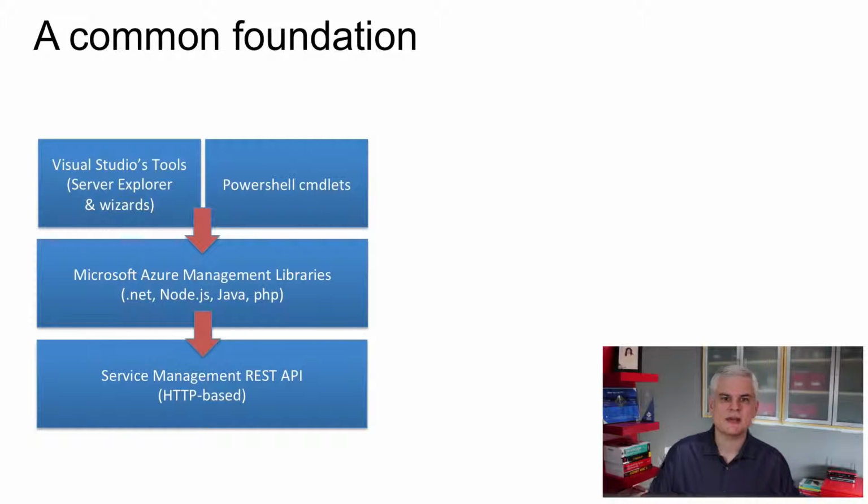If you take a look on screen right now, you can see this diagram that both PowerShell commandlets and Visual Studio's own tooling, they both rely on the .NET version of the Service Management API, the same API that you can program against, allowing you to perform virtually any operation in code or script that you can perform inside of the management portal. And if you peel back that Service Management API, the .NET version, the Java version, the Node.js version, whatever,